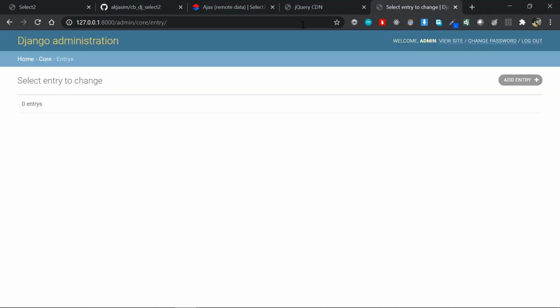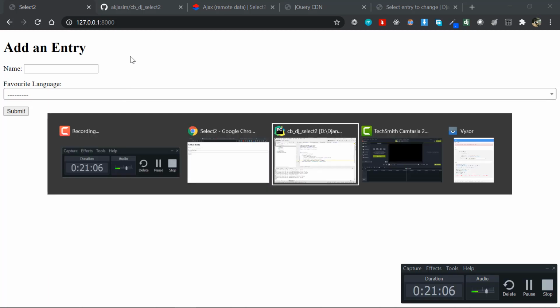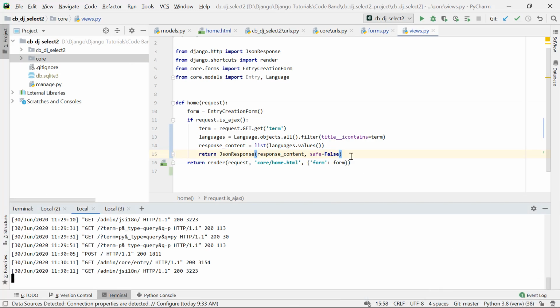So if we go into our admin panel, and if I refresh the entry here, you can see that nothing is there, no entry is being created. The validation error is also not showing. Now that's because